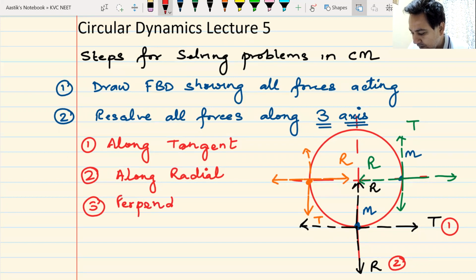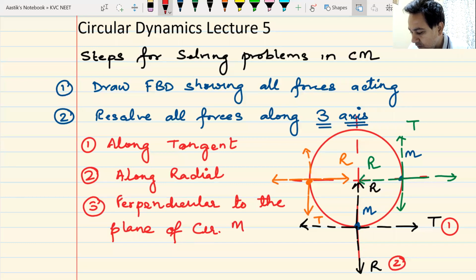It should be perpendicular to what? To the plane of circular path, and that was the term I was looking for. It must be perpendicular to the plane on which the circular motion is going to happen. So right now, if this circular motion is happening on this plane,